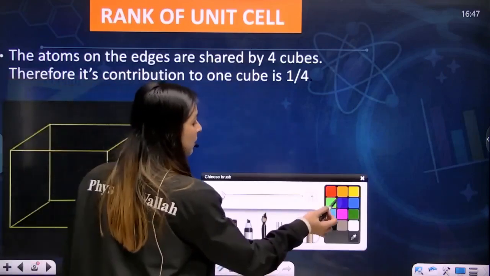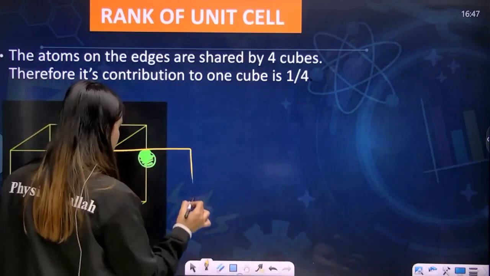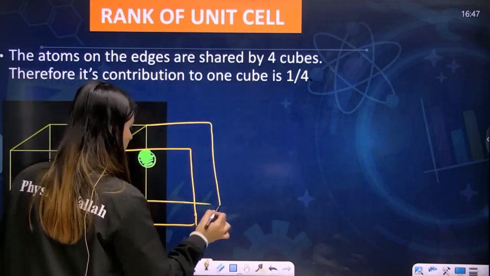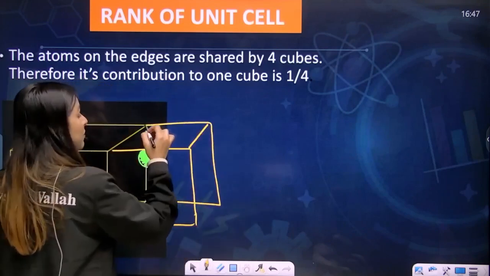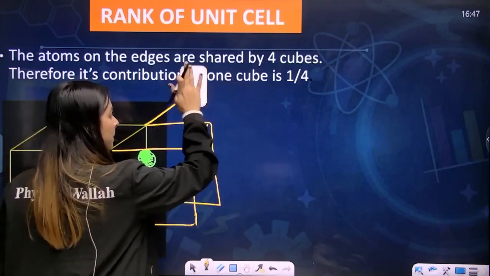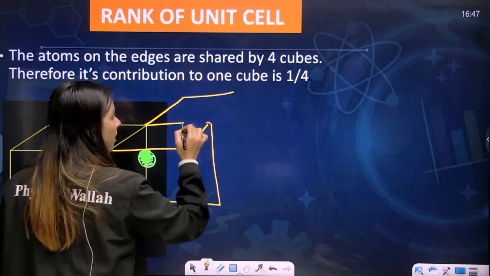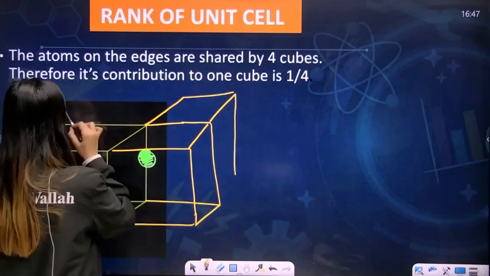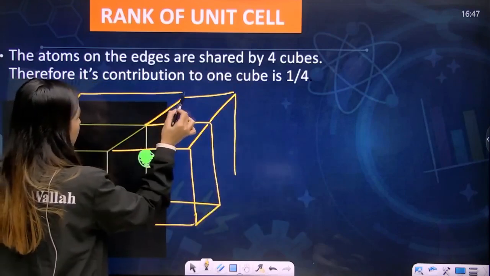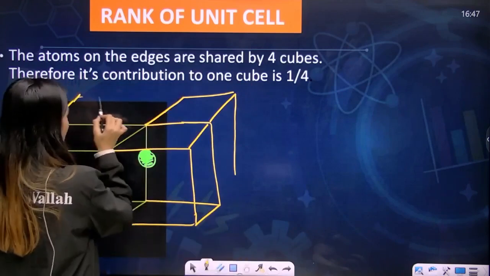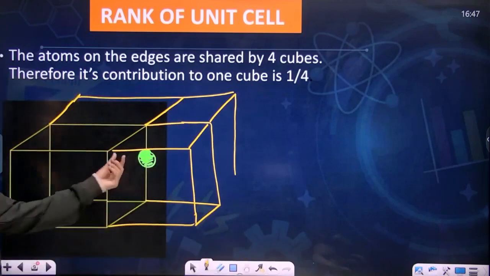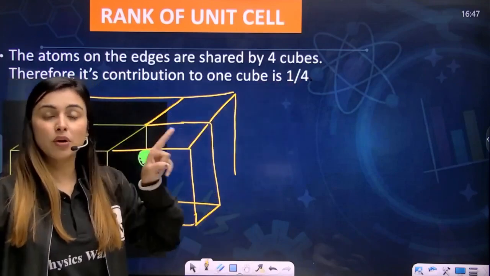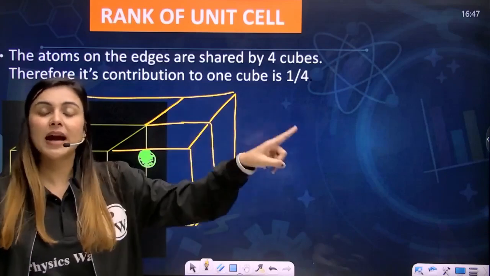You'll say it is being shared in the adjacent room. There will be a room behind as well, right? And there will be a room behind this as well, right? So this particular atom is being shared between 4 different unit cells or 4 different rooms,